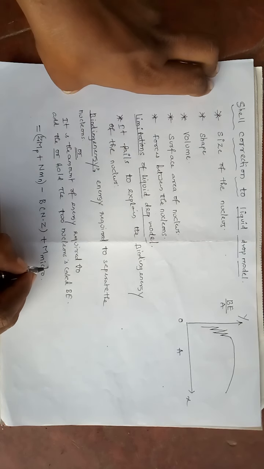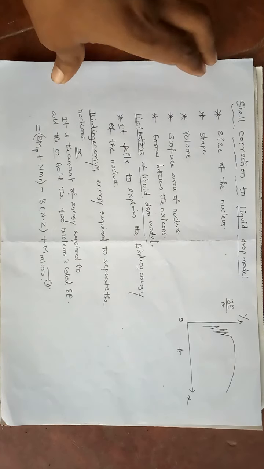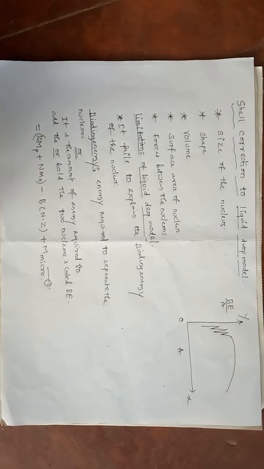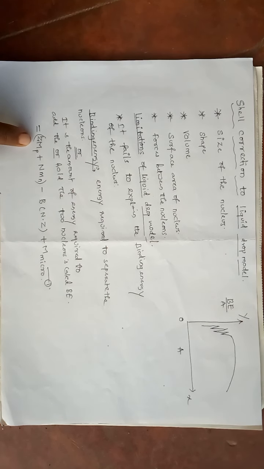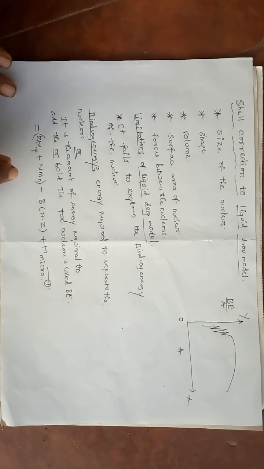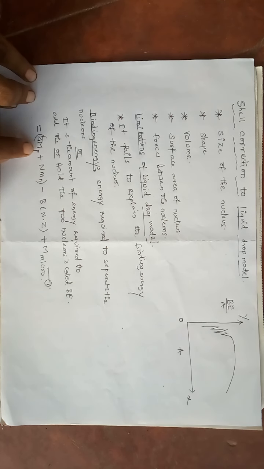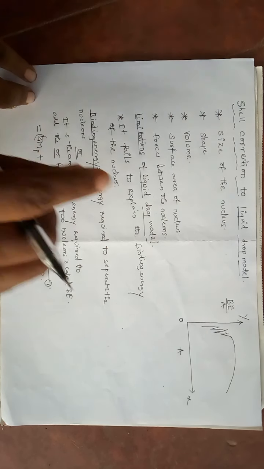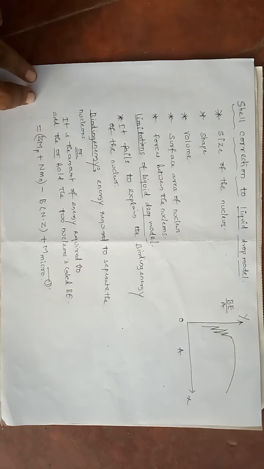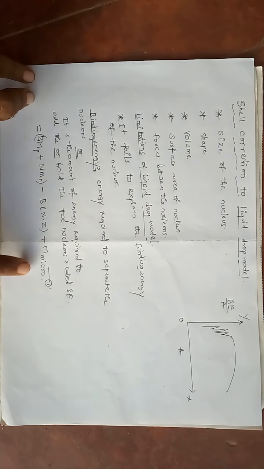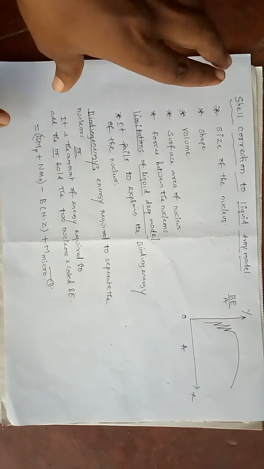Okay, this is equation number 1. This is a very simple equation. It represents the shell correction to liquid drop model. The first terms are the binding energy terms given by using the liquid drop model, and this last term, M micro, is the shell correction term. Okay, I explain